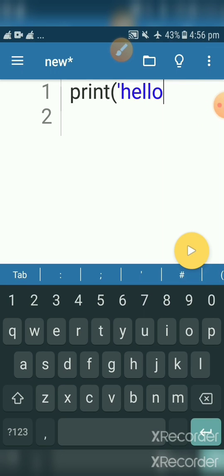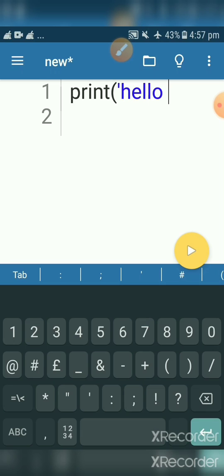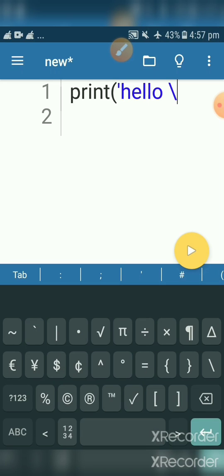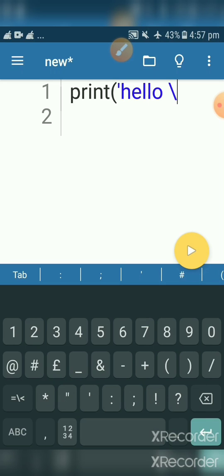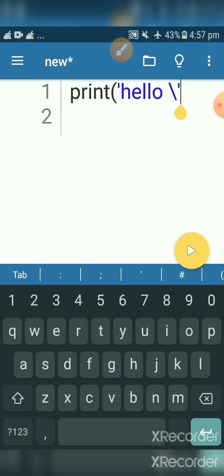See, after hello I want world in the single quotes. So how can you write? You can use this backslash. After that you need to put a single quote. Okay, then what do you write? Hello Ram.